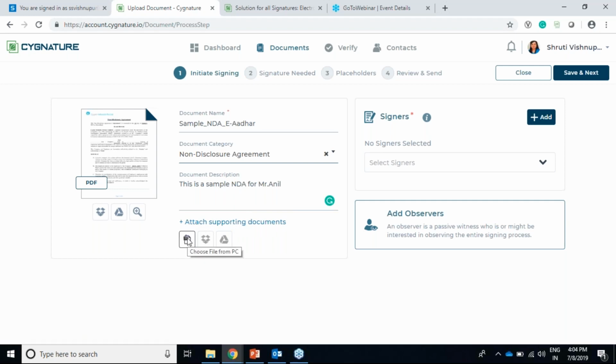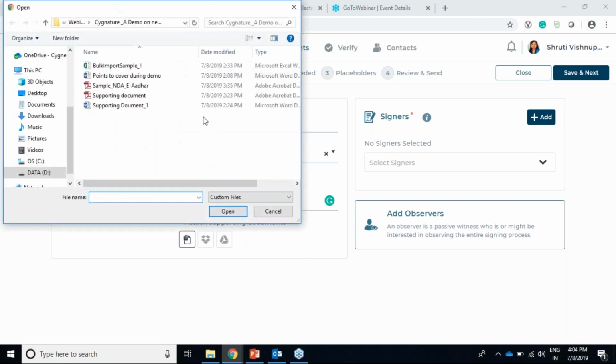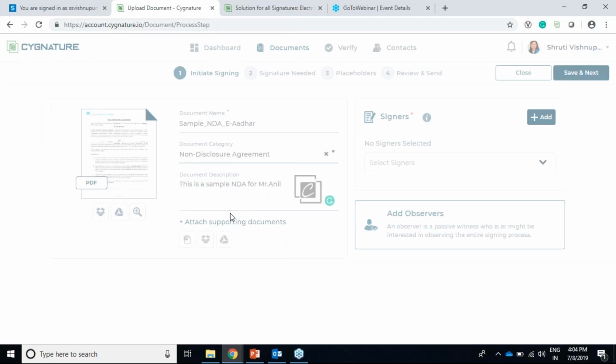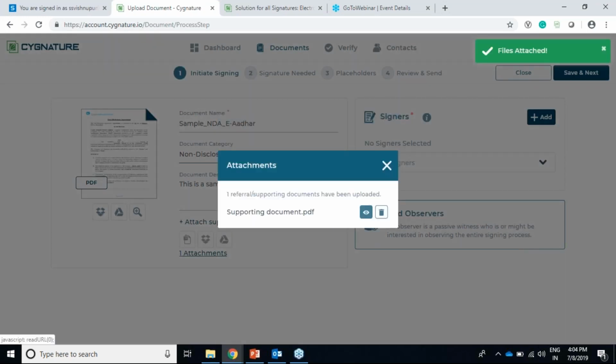So we can either upload it from a local drive, a Dropbox, or a Google Drive. So currently we'll do it from a local drive. Let's say this is a supporting document, which is a PDF. If I want to preview this document, I can preview it from here, or else if I want, I can delete it from here.